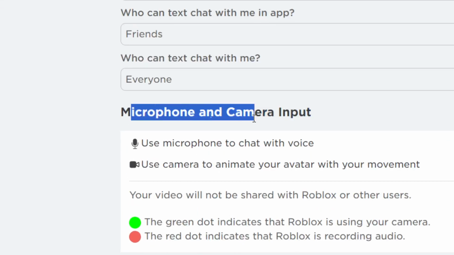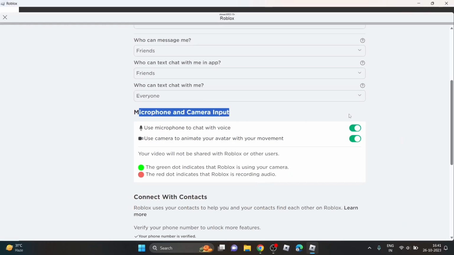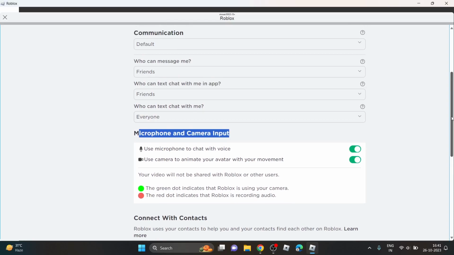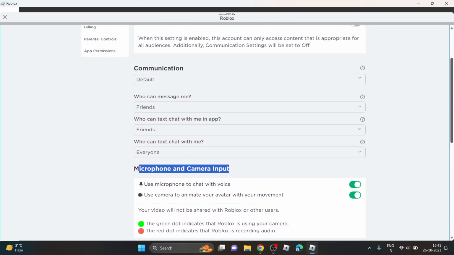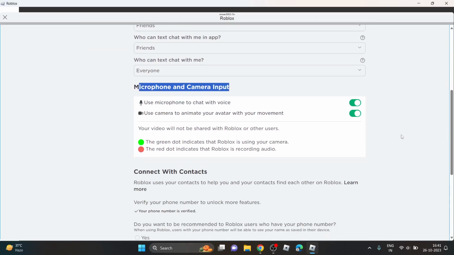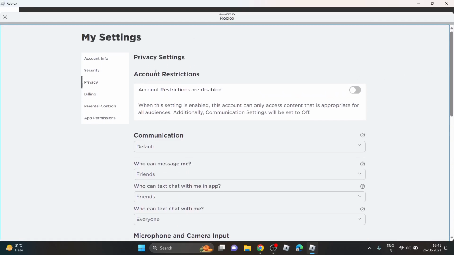If you don't see it, there can be two reasons. The first reason is you haven't verified your age, or verified with your ID. And the second reason is if you don't see the microphone in your Privacy, usually if you want voice